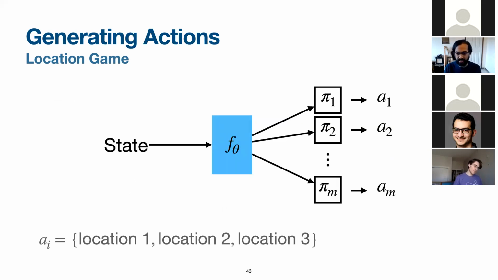In the discrete domain, for each state, the model outputs a set of policies. And from each policy that we output, we sample 1 action. Now, this may seem a little confusing at first, but what's going on? So the policies tend to become deterministic over time. And so as they focus their probability masses on a single action, the model is then similar to the previous setting where they end up just outputting a set of actions instead. So each policy then codes for a separate action.